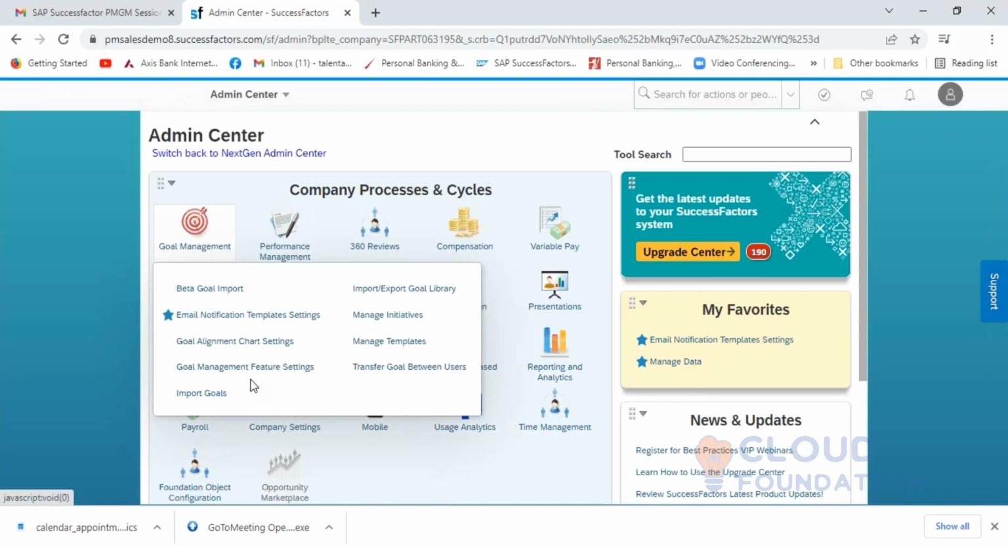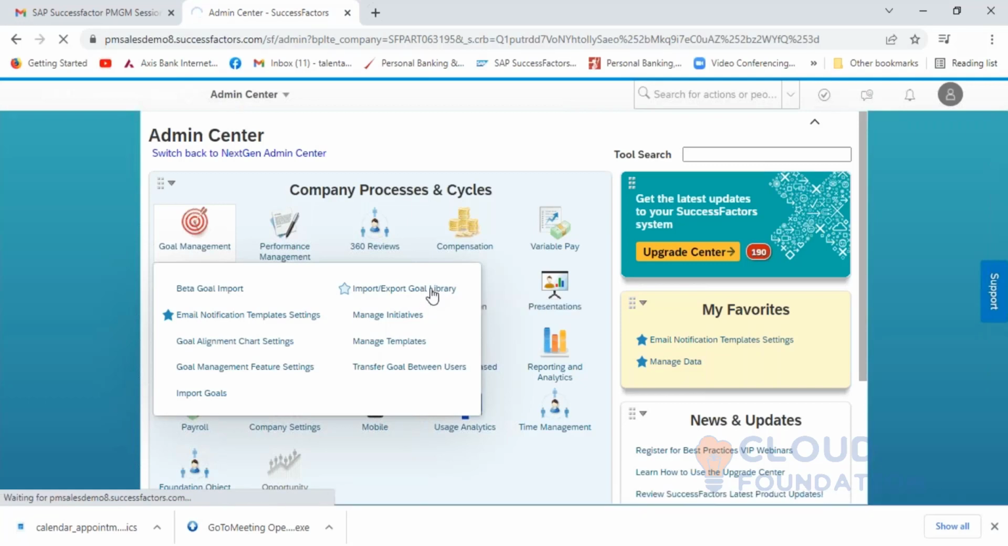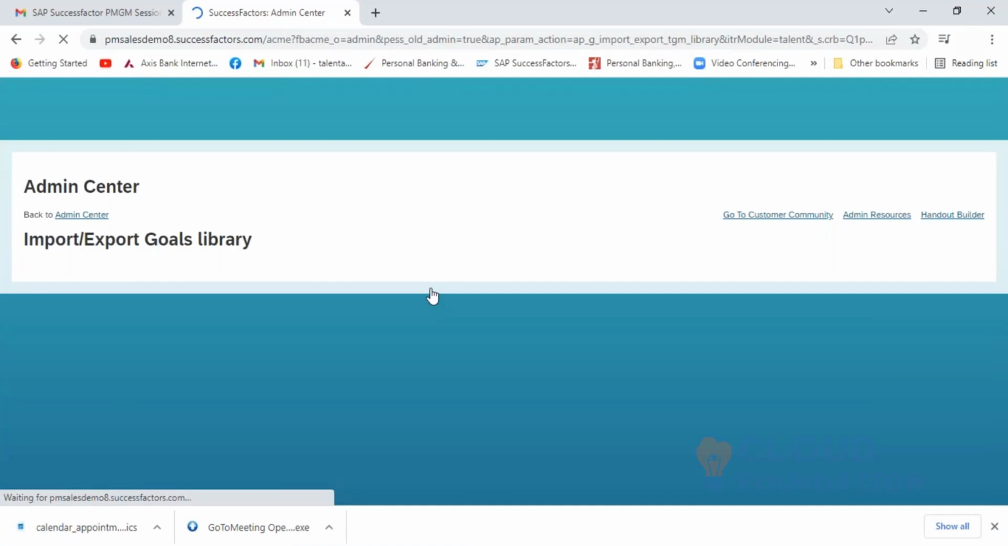Then you have this also. I'm just pausing for a while. We will go to this import and export goal library. That is another topic. Import and export, that is to the CSV file. When I click on the import and export,